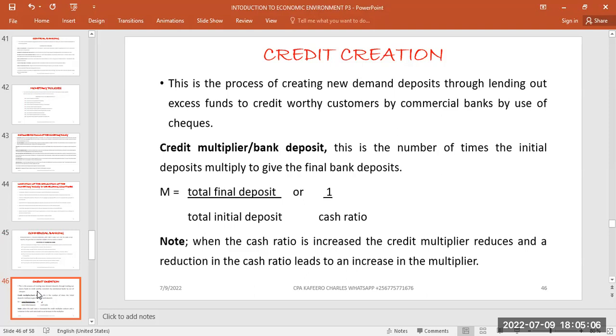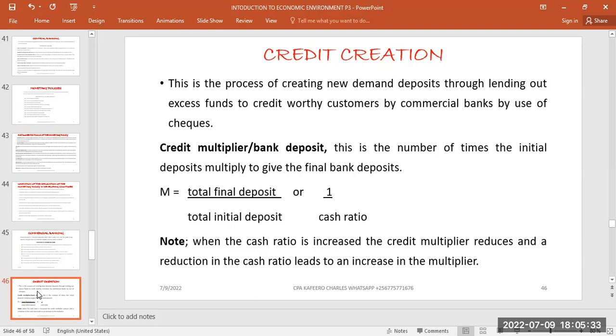Then you can utilize the other one. We are going to look at the procedure and how we'll be able to compute everything. But let's look at a credit multiplier. This credit multiplier is the one that facilitates or quickens or increases the first deposit we've received.